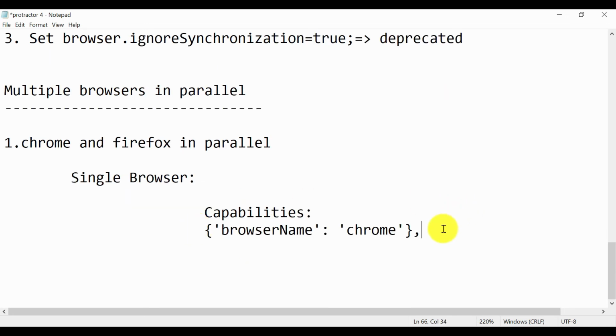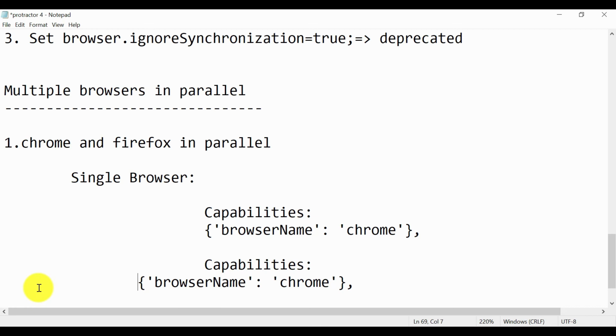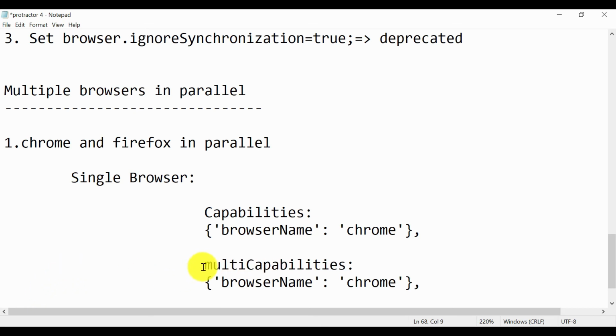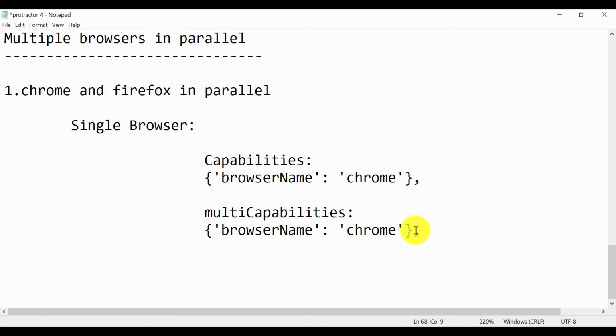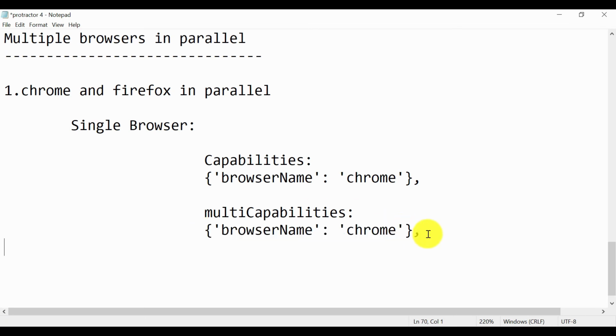Now for multiple browsers you just have to make some changes in this. I will show you. Here you need to add multiCapabilities, and you just have to add one more entry similar to this. Browser name is Chrome, browser name is Firefox.